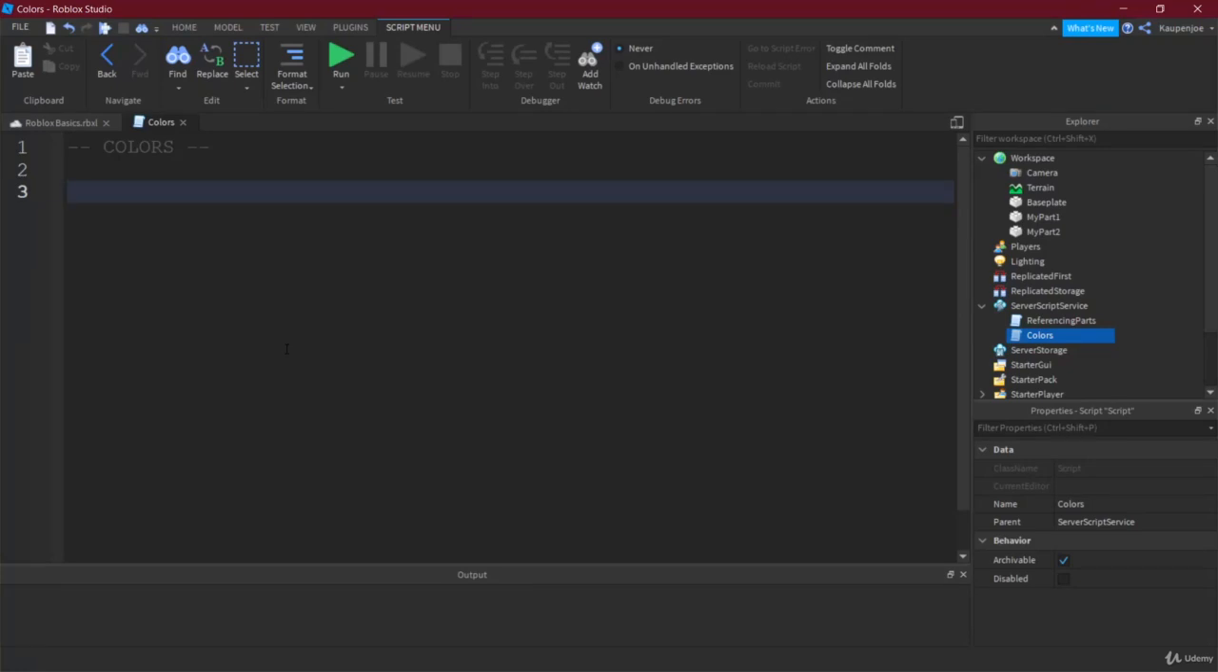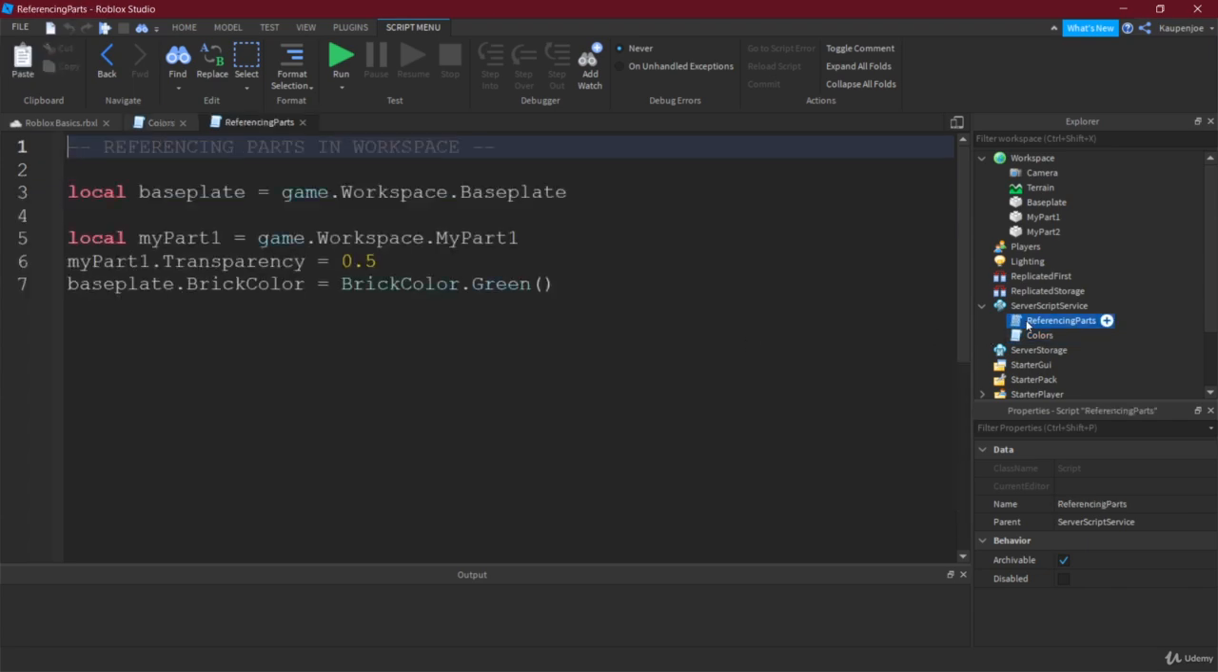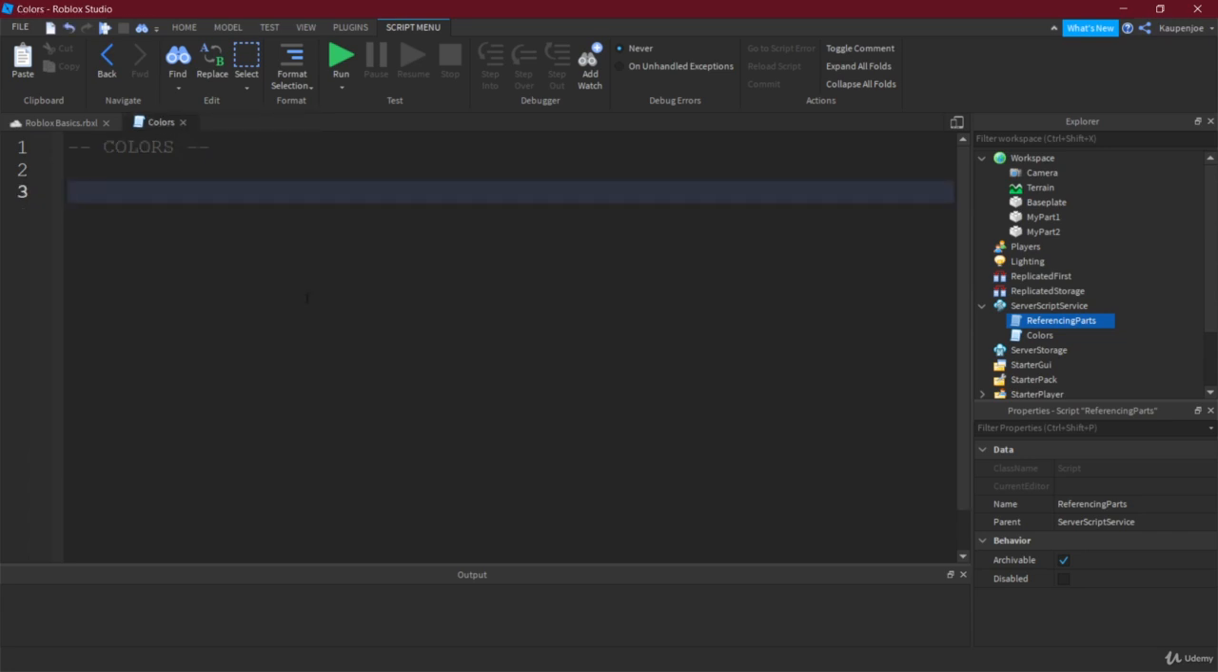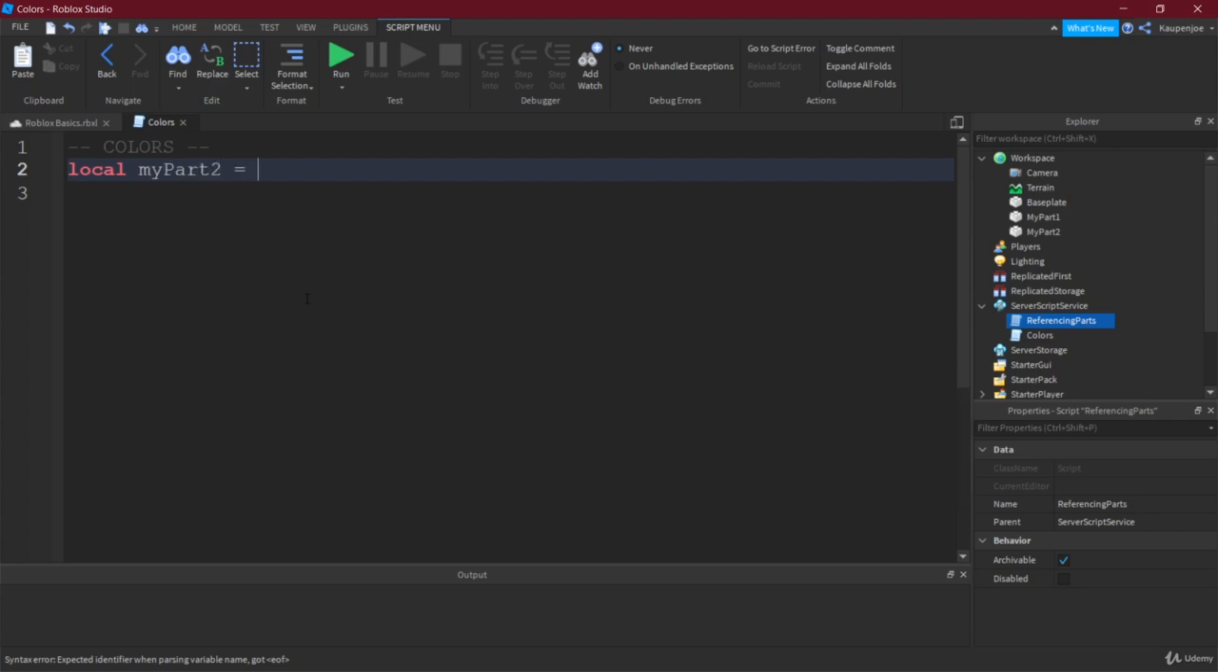Alright, welcome back to the Roblox course, and in this lecture we're going to talk about colors and brick colors. Now, we've already seen something in that when we talked about referencing parts. We saw that we changed the base plate brick color to green, but now we're going to look at this a little bit closer. So first of all, we're going to create my part 2,